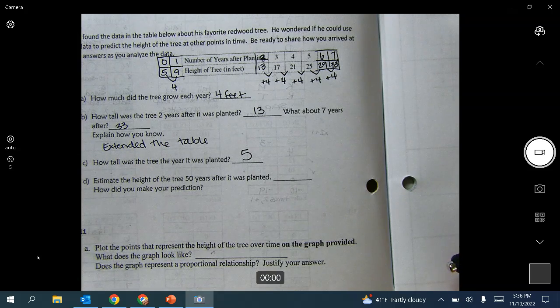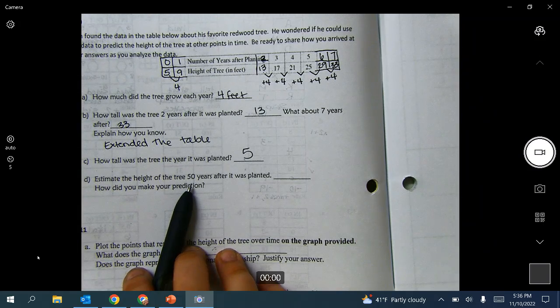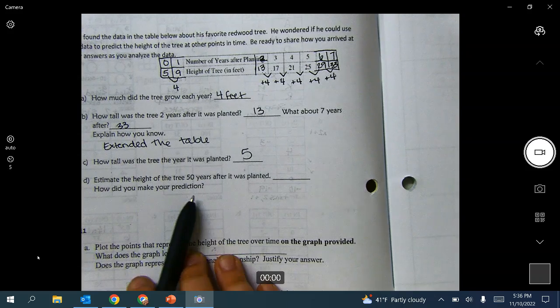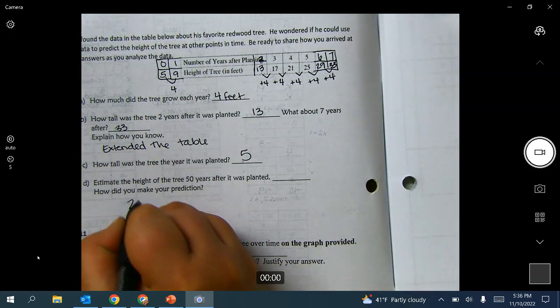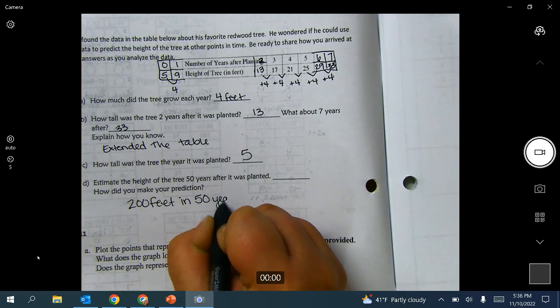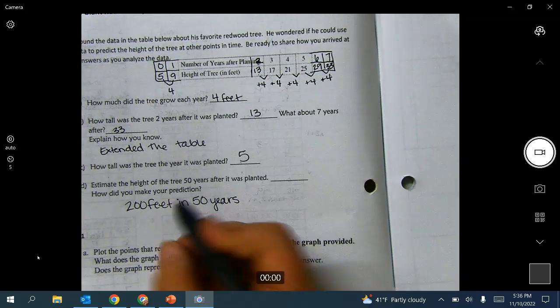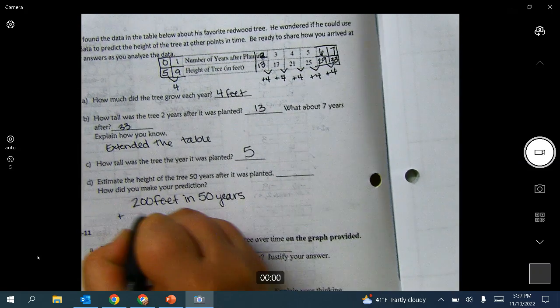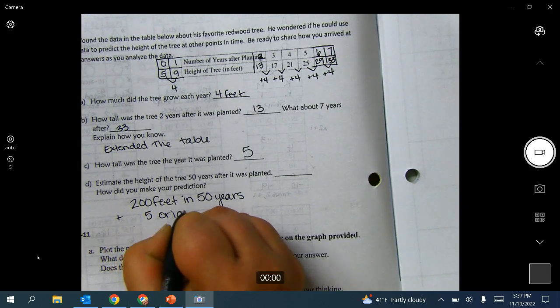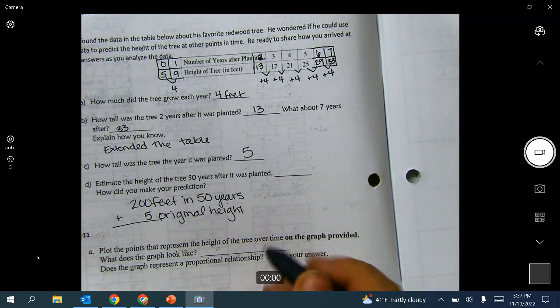Okay, so if I know that it is growing 4 feet every year, then 50 years, 50 times 4 is 200. So I know that it's going to be growing a total of 200 feet. However, I have to remember that when it was first planted, it was not 0 feet, right? It was already 5 feet tall. So if it was 200 feet in 50 years plus its 5 original feet, right? Its original height, then after 50 years, it should be a total of